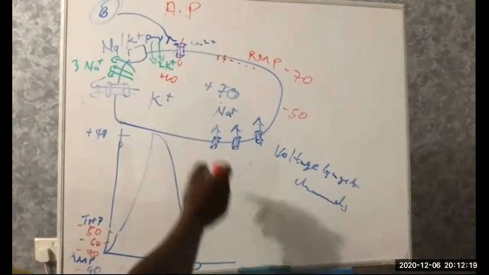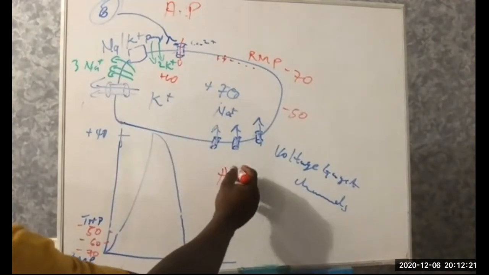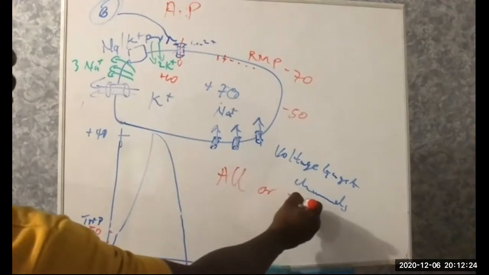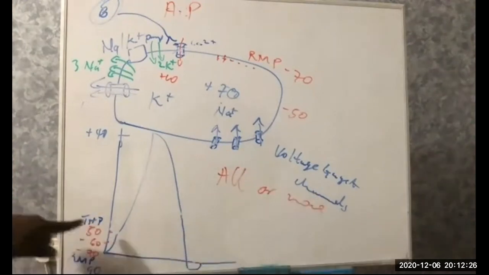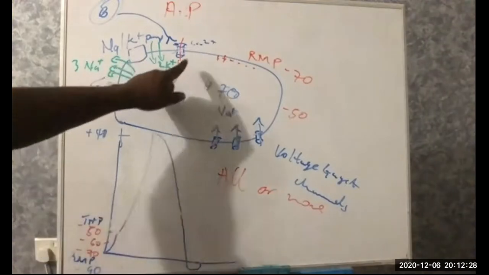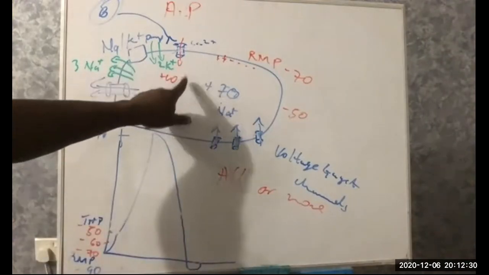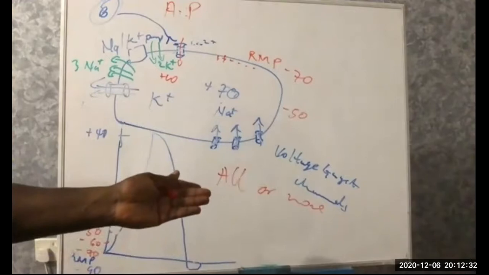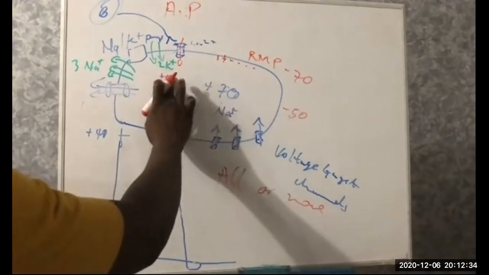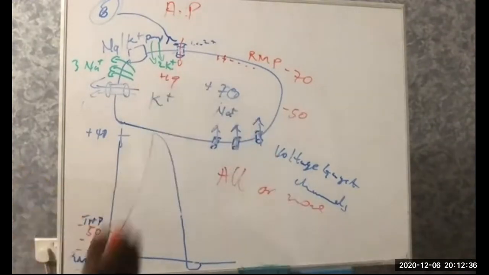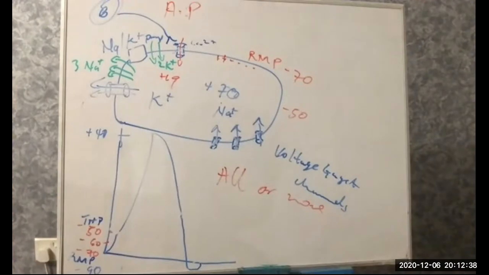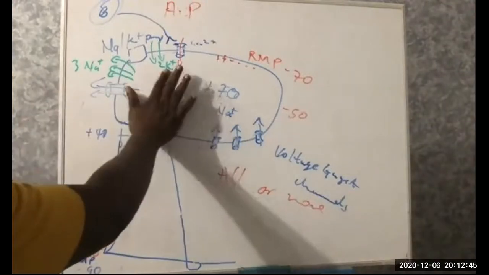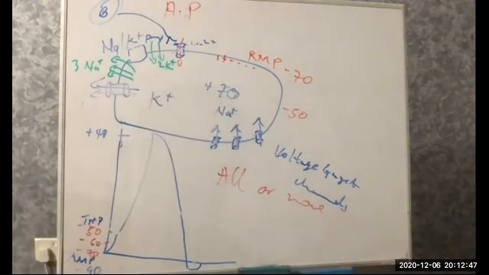This action potential has a rule that we call all or none. So either you get to the threshold potential or whatever positivity you bring in will not be used to generate action potential. So it can even be up to plus 19, and still action potential will not be generated. But assuming that on this same cell, listen,